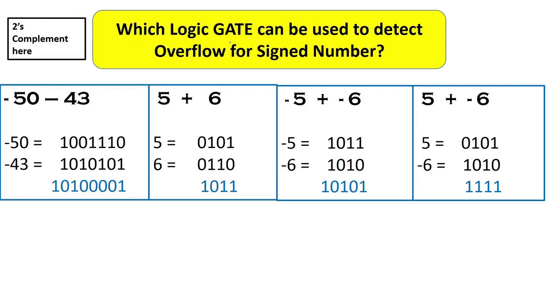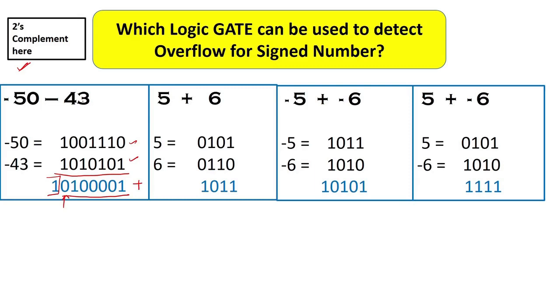To answer this question, we should understand the property of overflow while performing arithmetic operations. So here all the numbers are represented in 2's complement. Just for this example, otherwise everything will be the same for signed numbers, whether they are 1's complement or signed magnitude numbers. So -50 and -43, if we add them, you can see we have represented them in 2's complement. Our original numbers were of 7 bits, but this answer is of 8 bits. So this last bit in 2's complement is actually discarded. So we can see this answer is actually a positive number. Why? The last bit is 0.